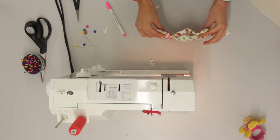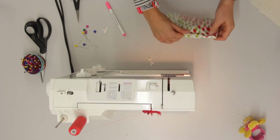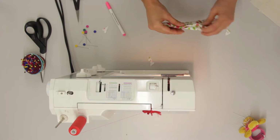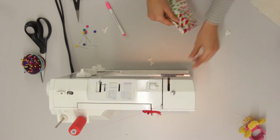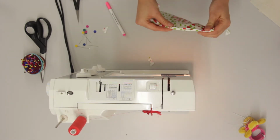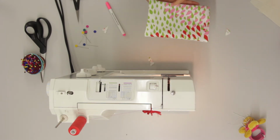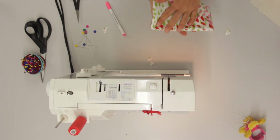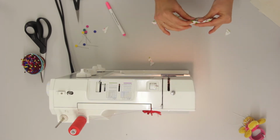So there's the opening there and the opening there. And we're just going to finish this off. I would normally slip stitch this so you can't see, but we're going to make it really simple today. Ideally, what I'd like you to do at this stage, if you're bagging something out, is go and iron it so it's nicely pressed. You're going to iron that seam allowance in there,